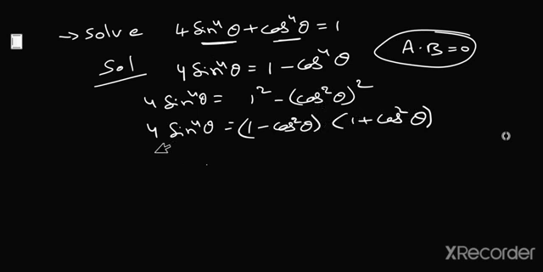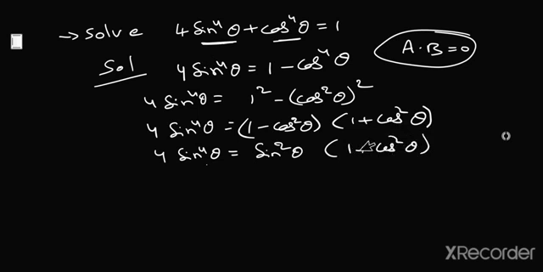Now it is 4 times sin power 4 theta equals to, it is 1 minus cos square theta, means we can write sin square theta. So here 1 plus cos square theta present here. We can try one thing, converting this into sin square means everything will be in sines. Or we can do one thing, let us take this entire expression which is present on right side towards left,